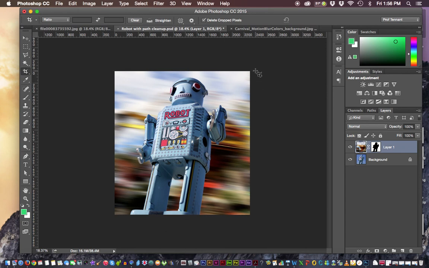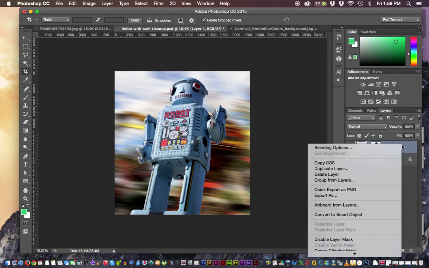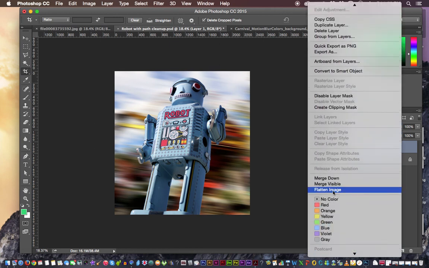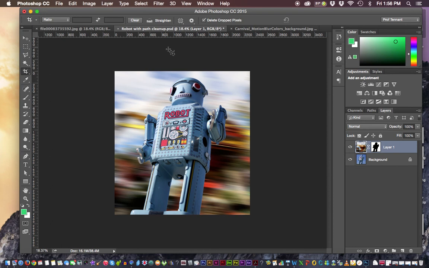We're going to save him under a new name, and then if I need to put him in my portfolio, I can always flatten my layer by going in the Layers panel. Don't do this before you are done with this, but go in the Layers panel, right or Control click, and you can always flatten an image and save it as a JPEG. First we save it as a Photoshop file with our layers and our masks and all that, and then we've got an